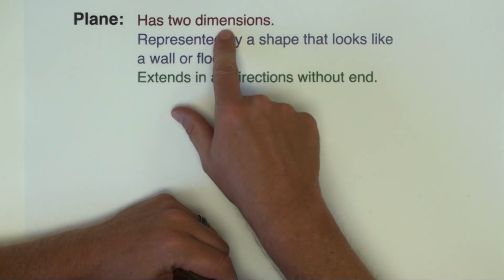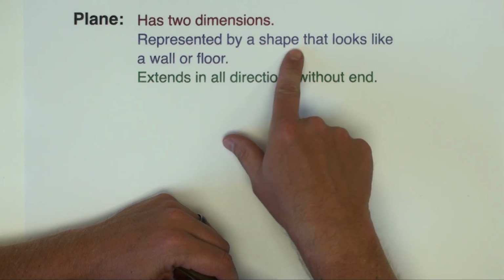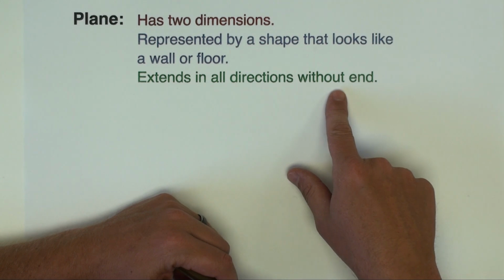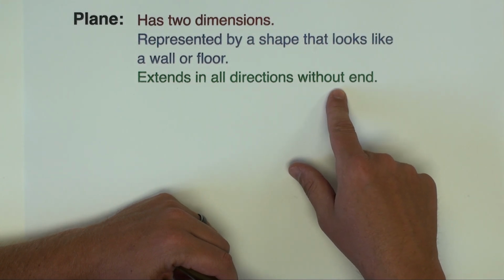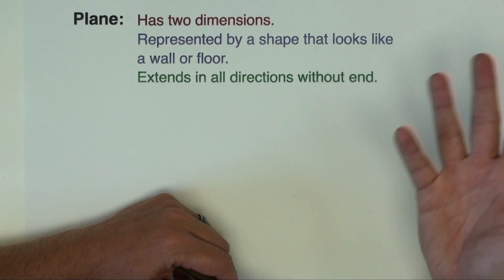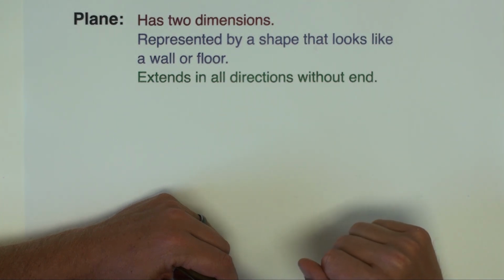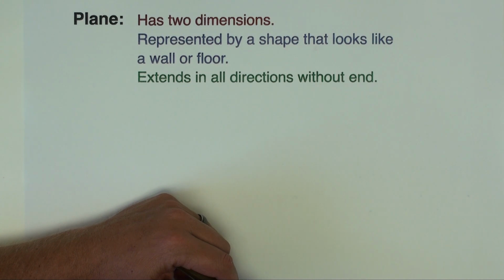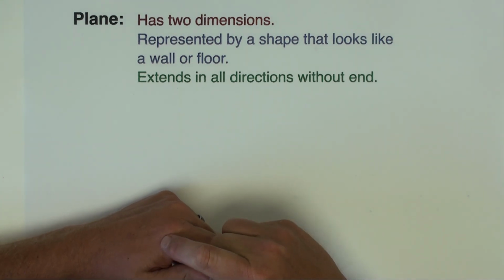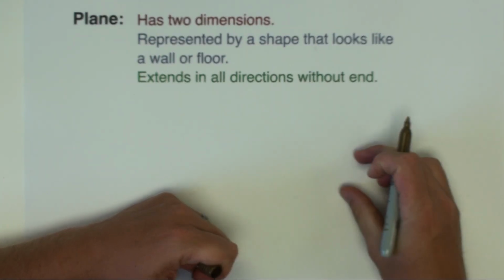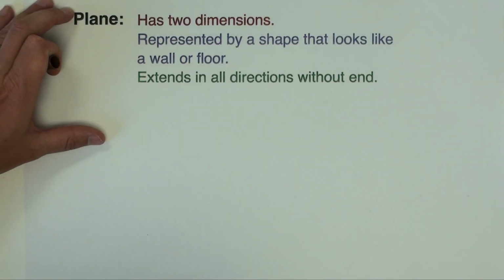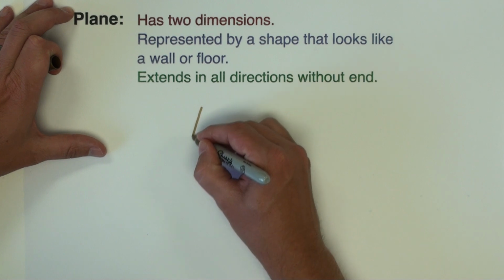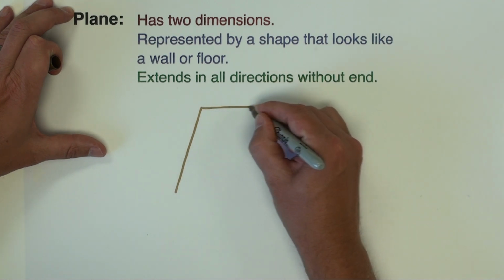Okay, our final undefined term is called a plane. A plane has 2 dimensions. It's represented by a shape that looks like a wall or a floor, and it extends in all directions without end. So you can think of the piece of paper that you're writing on as a plane, or maybe the desk surface that you're writing on is a plane. Any sort of flat 2-dimensional surface is a plane. Now typically in a picture we represent a plane almost like a parallelogram. You'll see very often